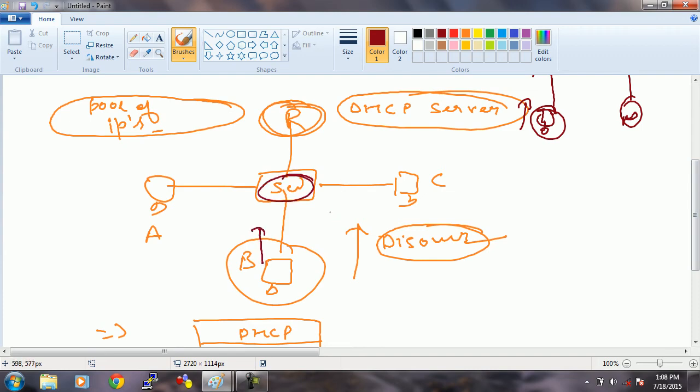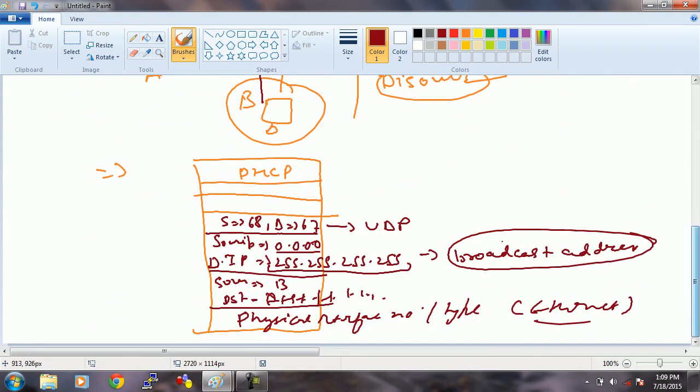Switch will check which layer information? Layer 2. Clear? Now, switch will check the destination MAC address, all F. Destination MAC address,